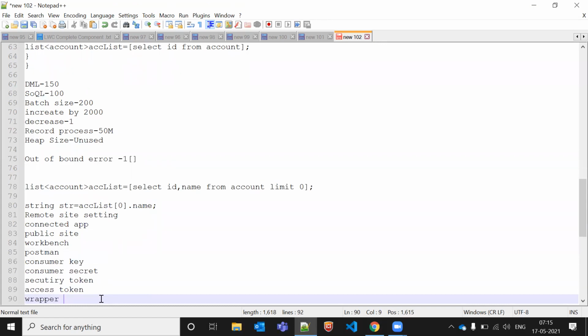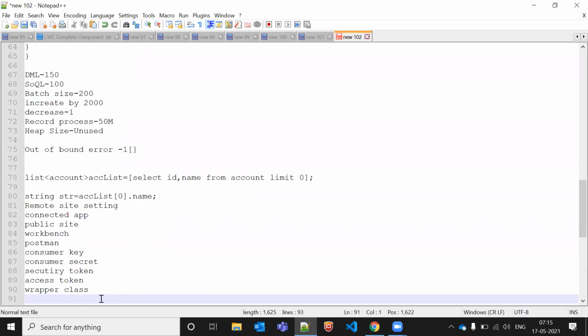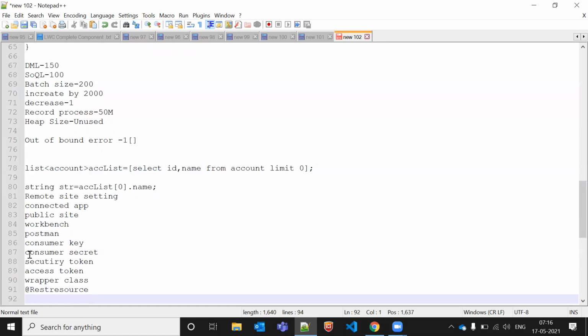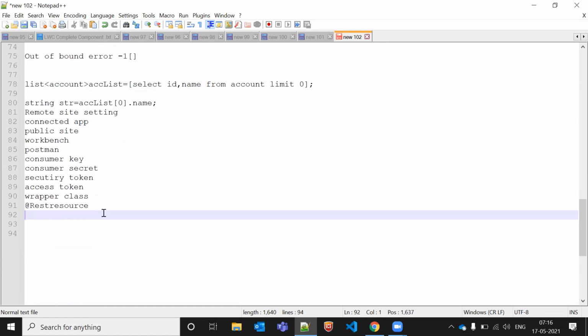And we should have a wrapper class, and REST resource class if you're doing the call. We are talking about REST API first.